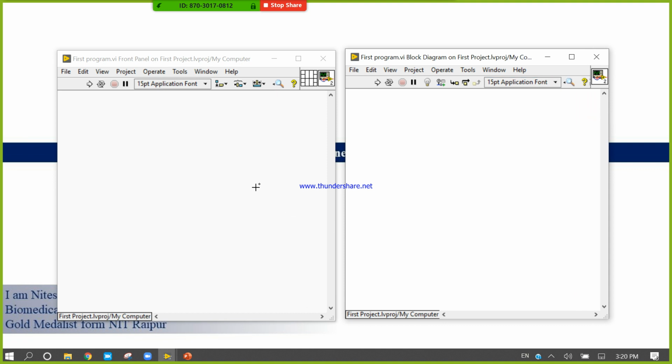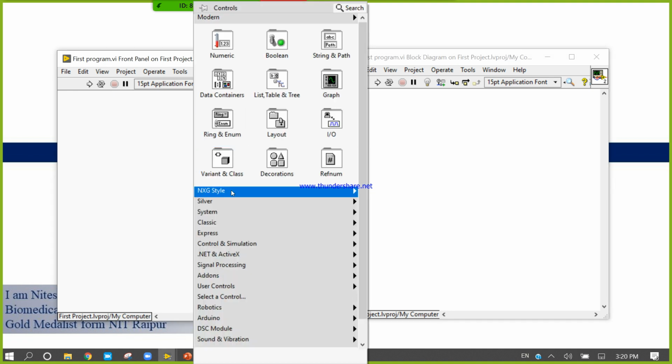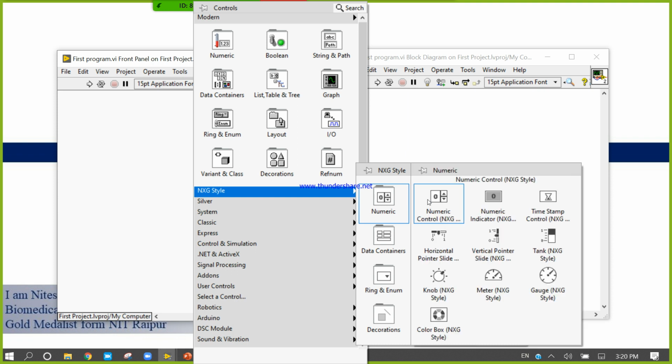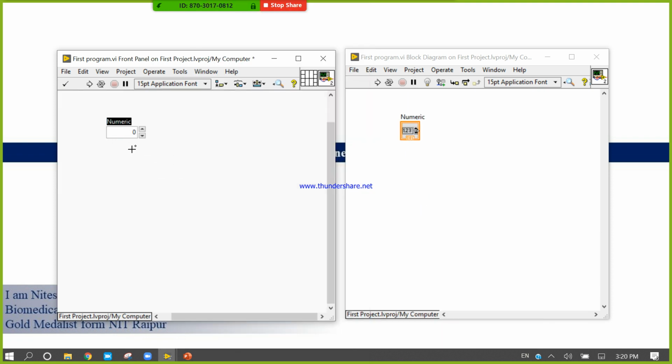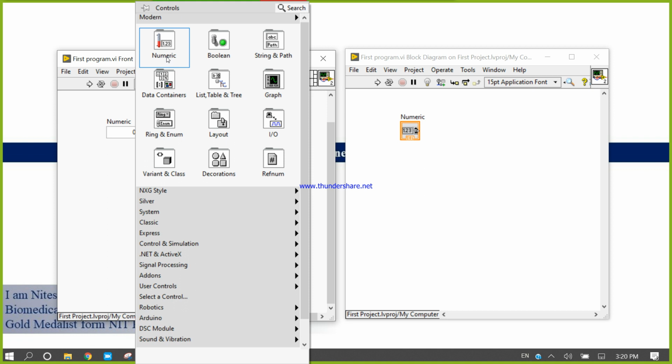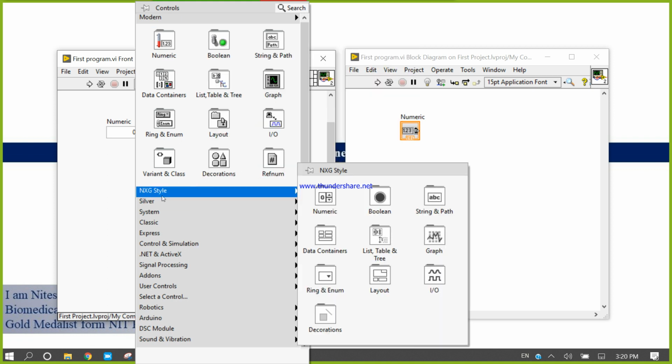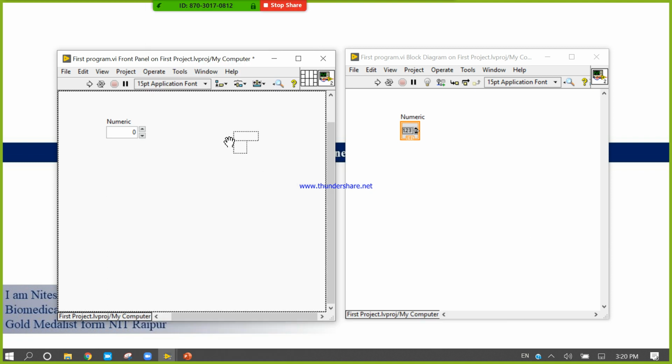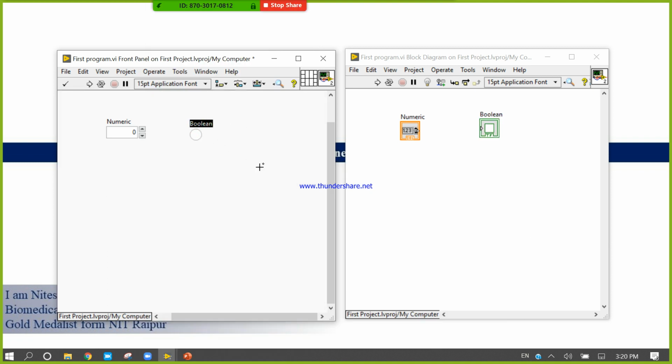Front panel is dedicated for user interaction. You can design the front panel using controls, which are inputs, and indicators, which are outputs.